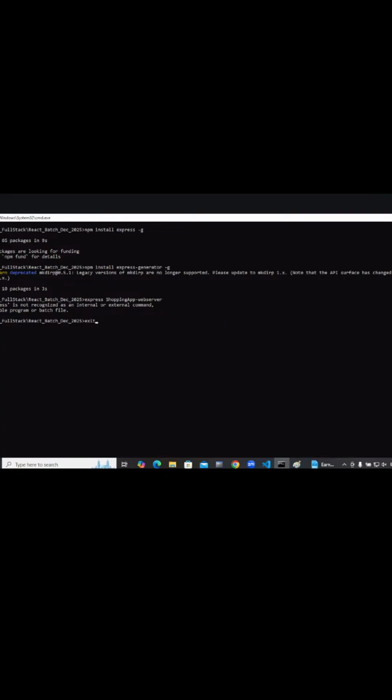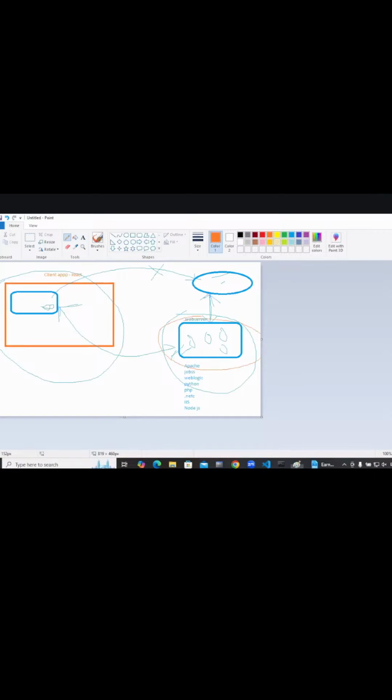Let us go with fresh. CMD, npm install express hyphen g, express hyphen generator hyphen g. Now I say express test.